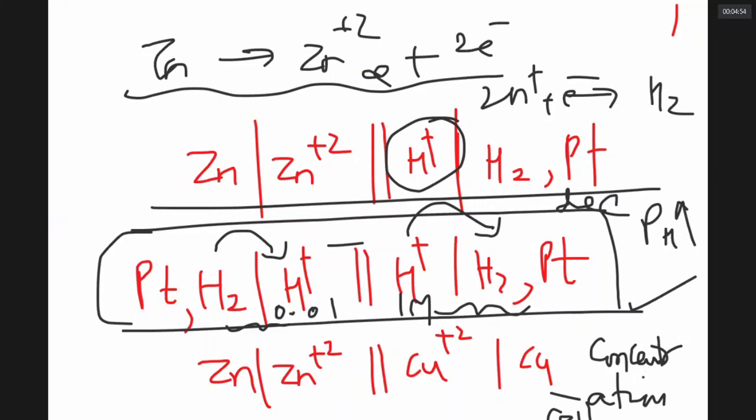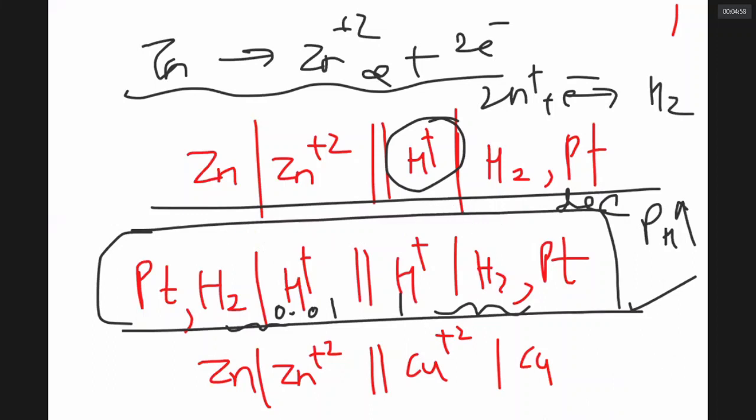Now I have another question. I can construct a concentration cell by bringing about a change in the concentration. Now you want to keep it 0.1 molar, you want to keep it 0.1 molar. Can this cell work? Can this produce electric current, sir? No, sir. Still it can generate electric current.